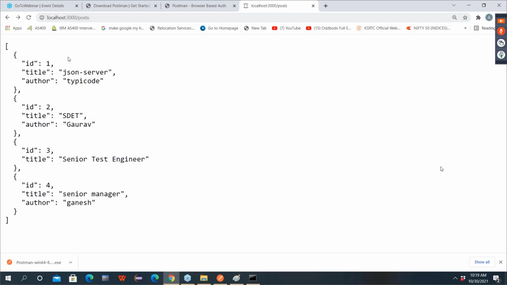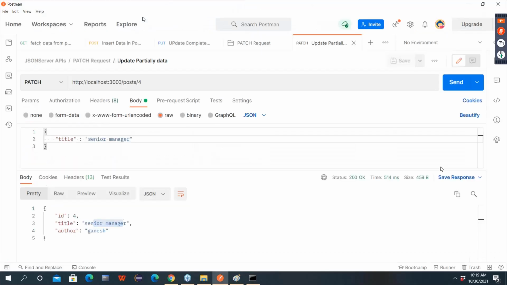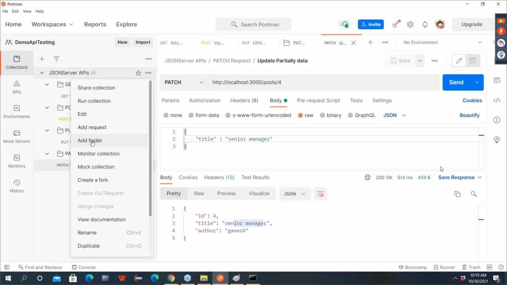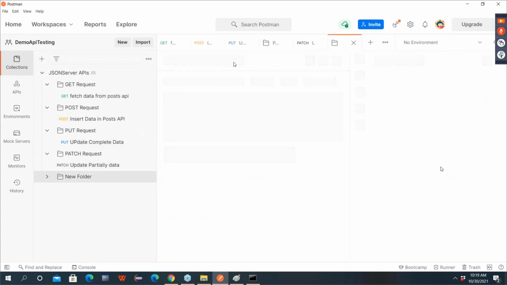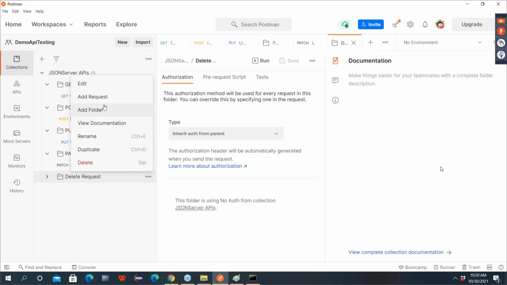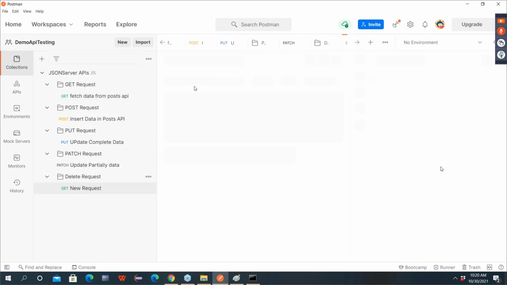Okay. So let's say I want to remove this third object. Now observe here. I'll create one more folder, add a folder. In this, I will say delete request. Then in this, I will add request.